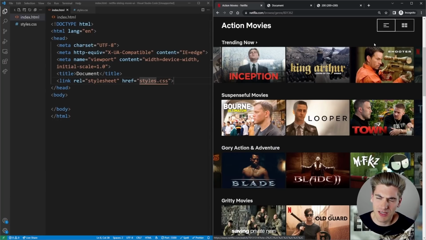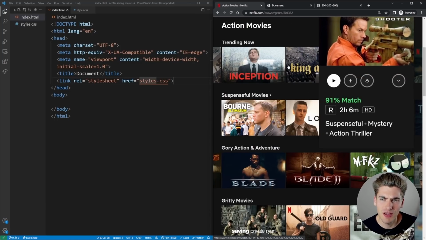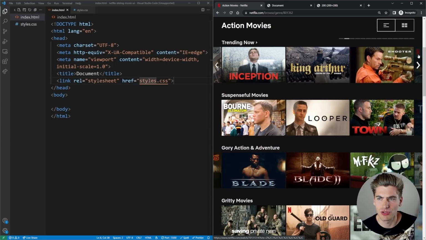The only time where this gets a little tricky is if you get to the very end of the list, you need to have some JavaScript trickery in order to do the cycling back for you, but that shouldn't be too difficult, I don't think. And we should be able to implement that on our own. This section at the top here where it shows you where you are in the tab, again, is pretty easy to implement with JavaScript. I think the hardest part is going to be getting that sliding portion to work just fine. So let's start tackling that first.